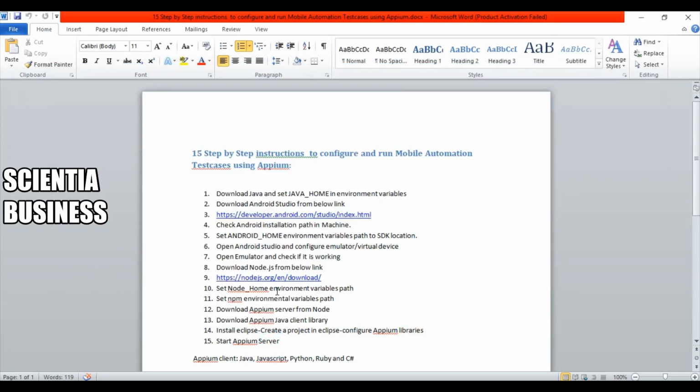We also covered how to download Node.js and configure its environment variables. Why we need Node.js is because, as I explained, APM is built and written in Node.js, and it is also one of the modules of Node.js. So you can simply download it using npm install APM.